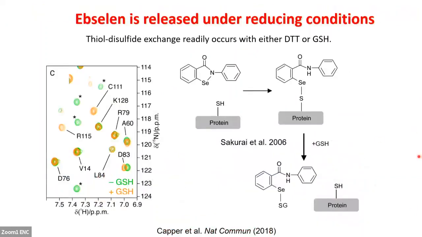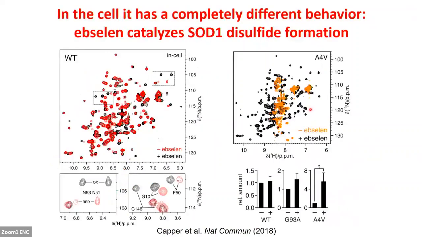But if you put this in the presence of glutathione, which is present in the cell, SOD is present in the cytoplasm, this epsilon is released because the bond is broken. Okay, this is in vitro. What is happening in the cell? Totally different behavior, because if we add the epsilon to the cell, epsilon is able to diffuse through the plasma membrane and to bind to the protein, to the cysteine, and stabilize the